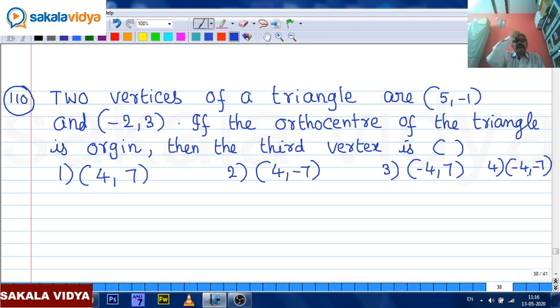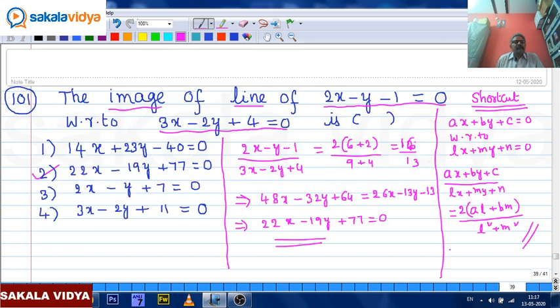Two vertices of a triangle are given, 5 comma minus 1 and minus 2 comma 3, and the orthocenter of the triangle is the origin. Then we need to find out the third vertex. So that means